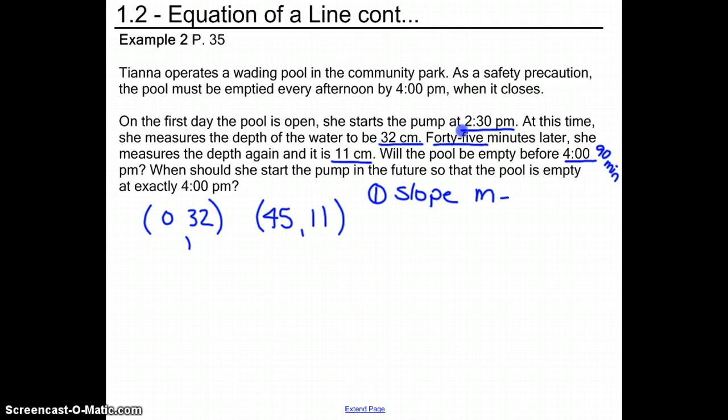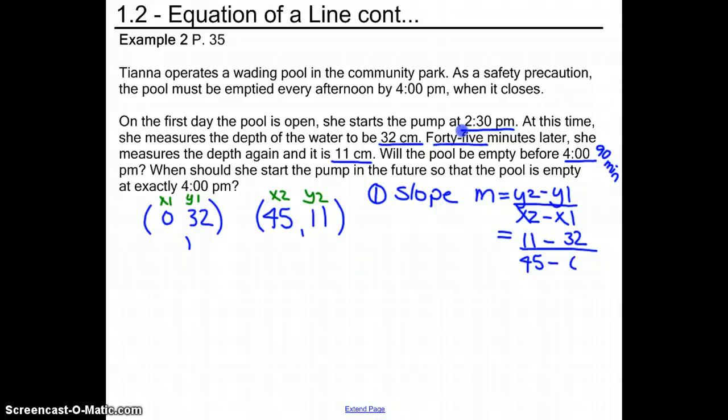So m equals y2 minus y1 over x2 minus x1. Here, it doesn't matter again what we pick. Let's just go x1, y1, x2, y2. So our y2 value is 11. Our y1 value is 32. Our x2 value is 45. And our x1 value is 0. So we get 11 minus 32 and 45 minus 0 to get negative 21 over 45,